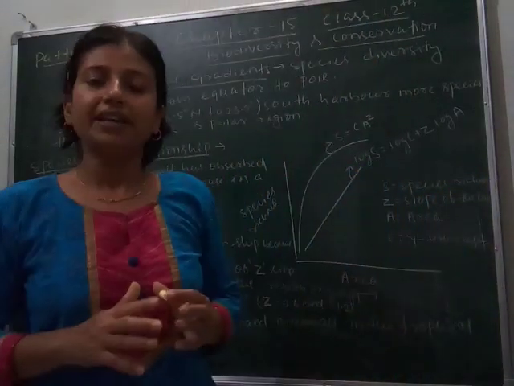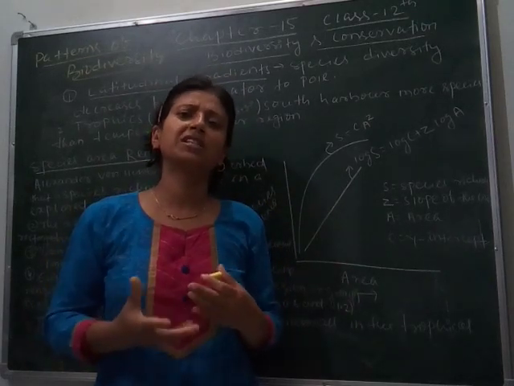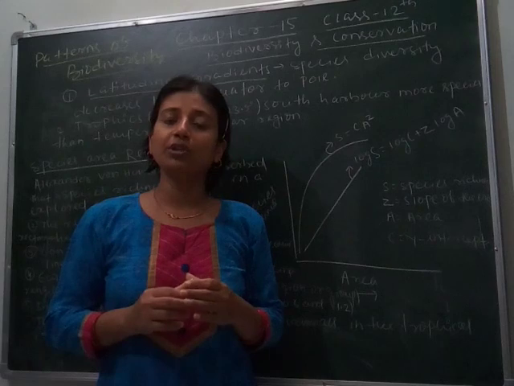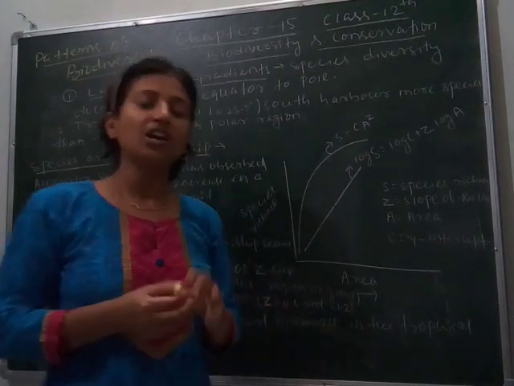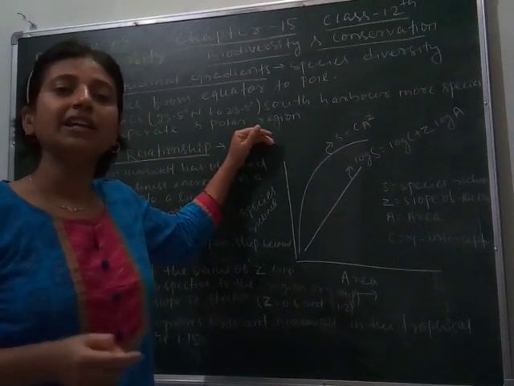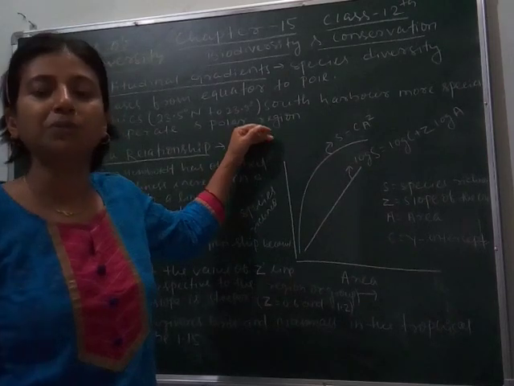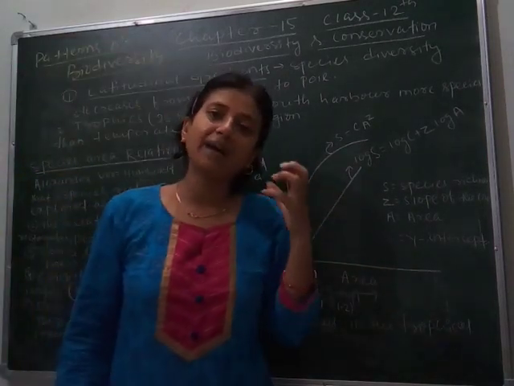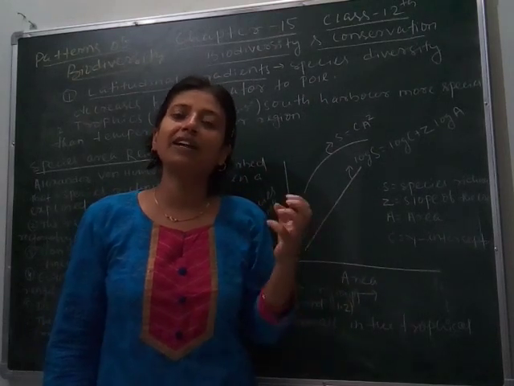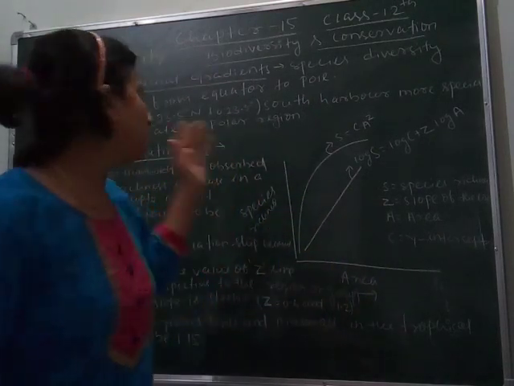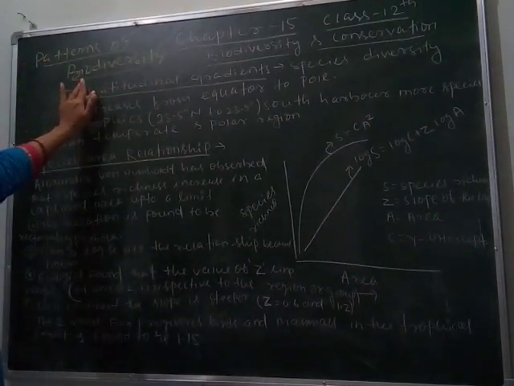As we know, there are thousands, millions of varieties of species. As I have told you, there are 1,000 varieties of mangoes or 50,000 varieties of rice. So here we will see what factors help create different types of species, which area has the maximum species, which area has the minimum species diversity, and what is the reason behind it. So first let's start with the first pattern, that is latitudinal gradients.